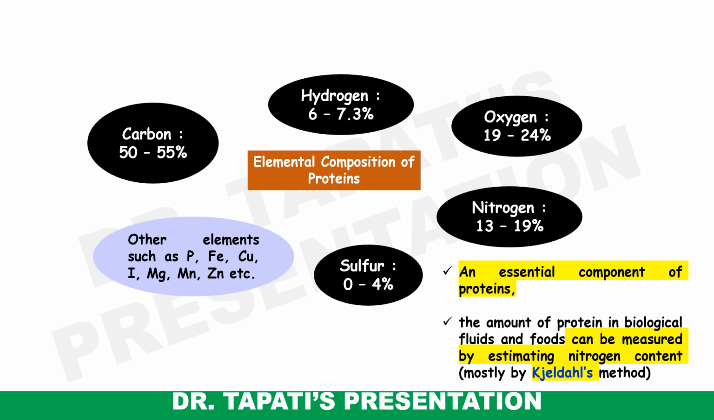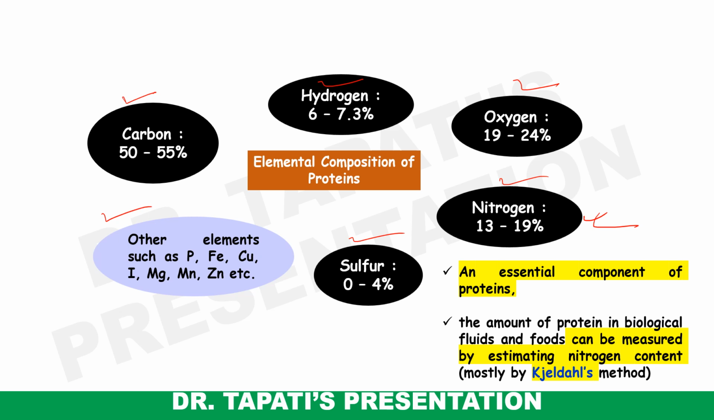These are the elemental composition of proteins: carbon 50 to 55%, hydrogen 6 to 7.5%, oxygen 19 to 24%, nitrogen 13 to 19%, sulfur 0 to 4%, and other elements like different metal ions and non-metals. Nitrogen is an essential component of proteins. The amount of protein in biological fluids and foods can be measured by estimating nitrogen content, mostly by following the